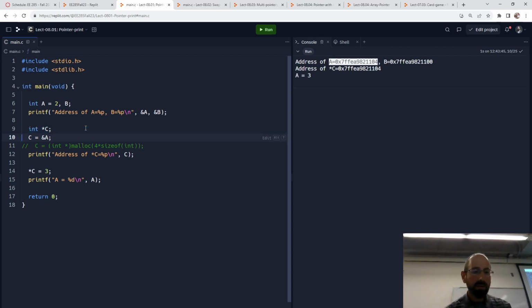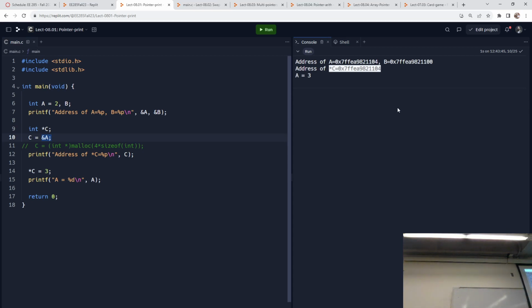We can then set that pointer, conceptually at least, like we store and overwrite or use any other variable we have in our program. C is meant to store an address in memory. We have to have some mechanism for storing an address. One such way is to take some other variable that's already going to be put on the stack of this function and just get the current address of it. C is going to be overwritten as the address of A. When we do that, the value we wind up printing out for C